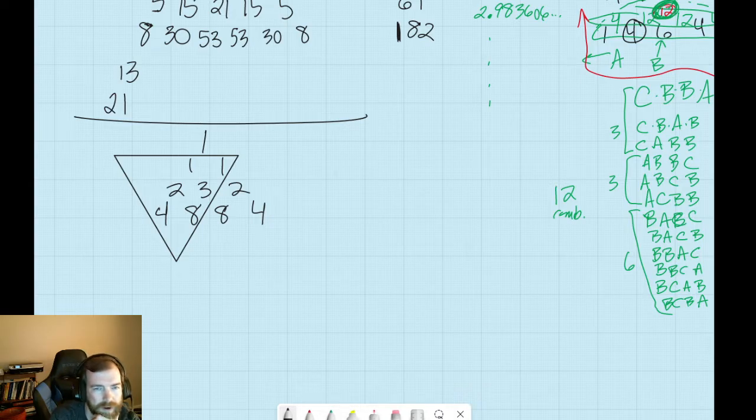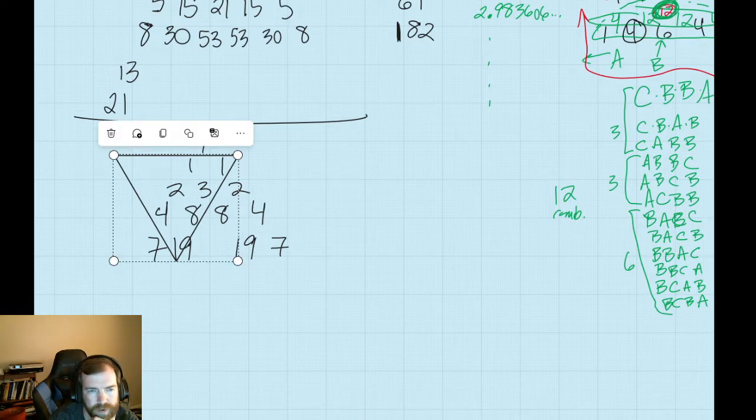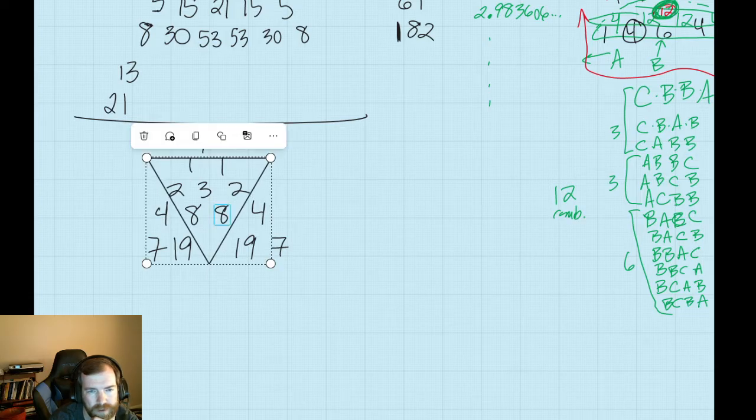1, 2, 4 is going to get us 4, 6, 7. So 7 here, 7 there. This is going to be 12, 5 is 17, 18, 19. So 7, 19, and again, symmetric. And then the middle is going to be the far more interesting one. So here we get 16, 18, 23, 24, 25.